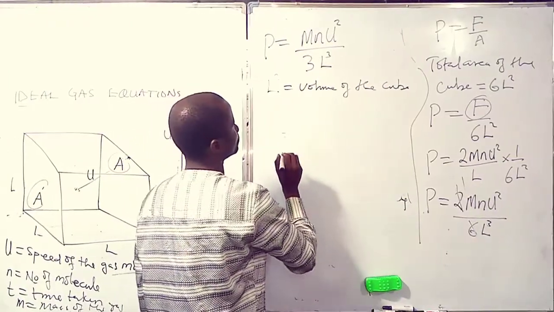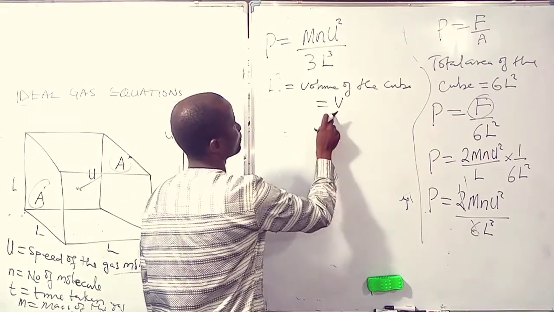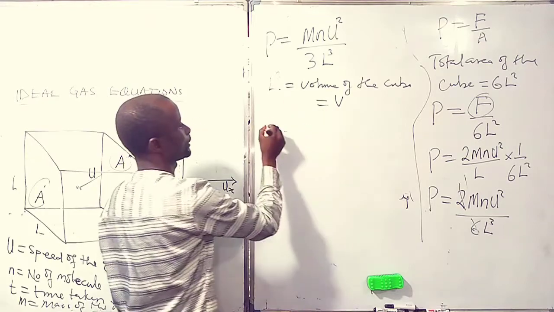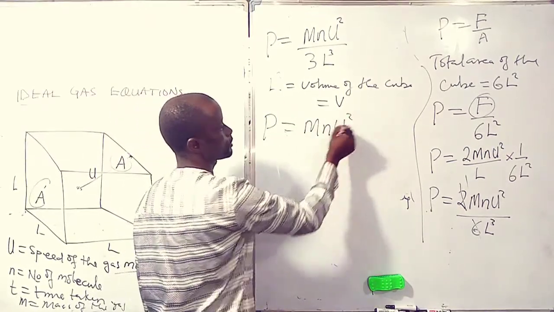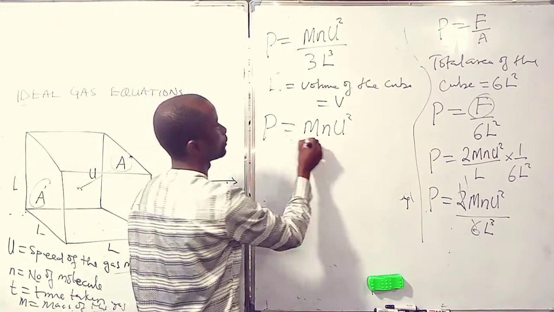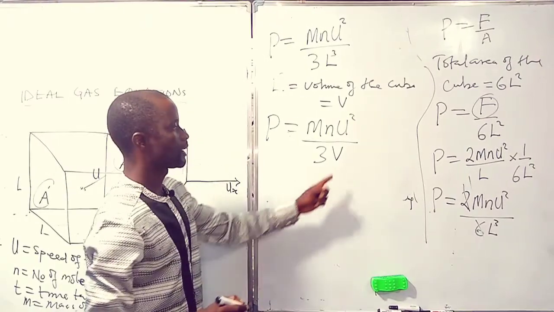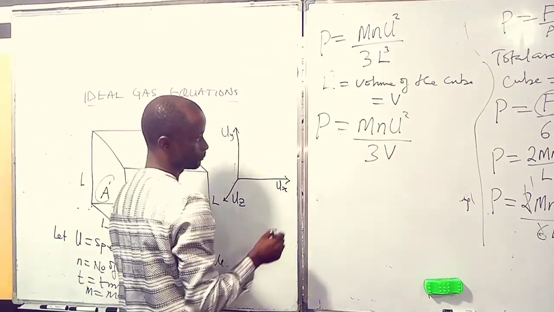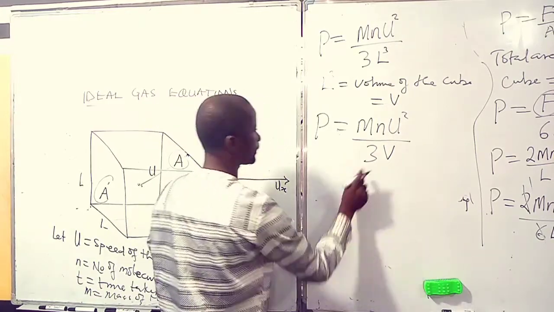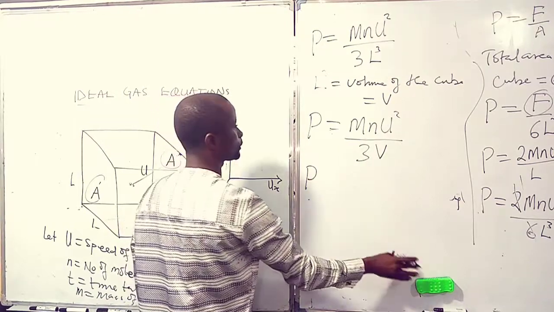From this angle now, the length is equal to what? It is equal to V, where V represents the volume. And then here we have P equal to m n u square, which is the root mean square velocity, over 3V, where V is the volume of the cube. Now this equation, take V to this side, that will be P, or multiply through by